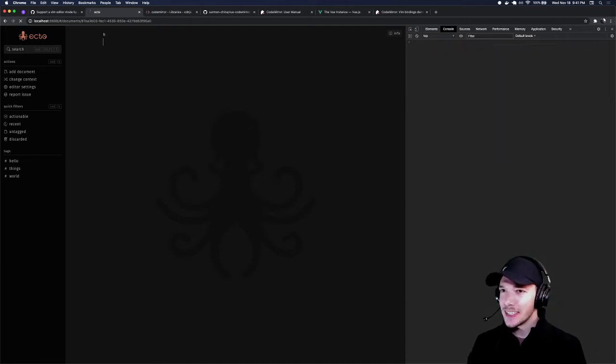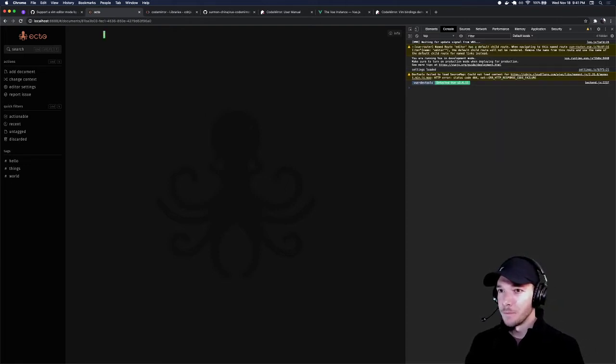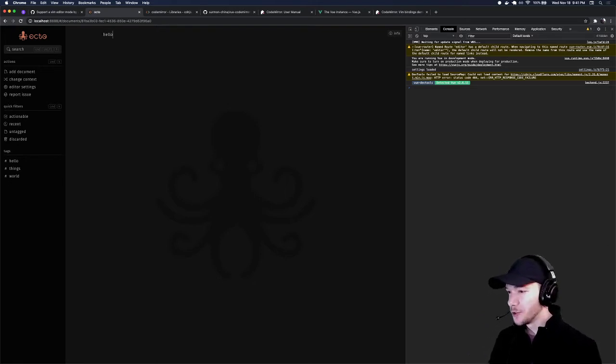Now, if I'm on an existing document, if I refresh the page here, and I go to insert mode, and I type out hello, it works just fine. And that's just because the redirection isn't happening until you first create a new document. So that's the only time it happens. So it's definitely a bug. But I am happy to see this working. I'm happy to see this Vim plugin finally working, but